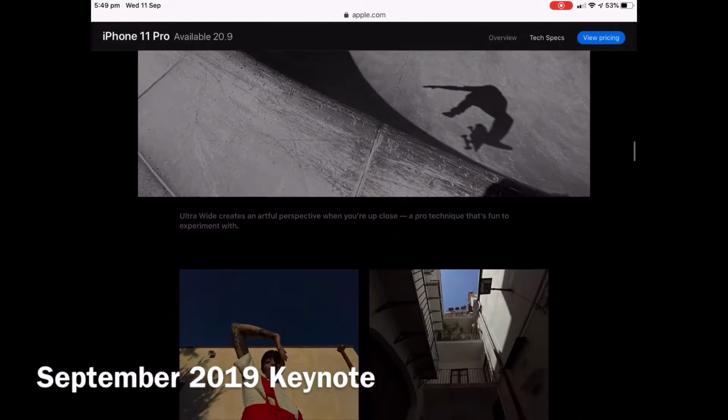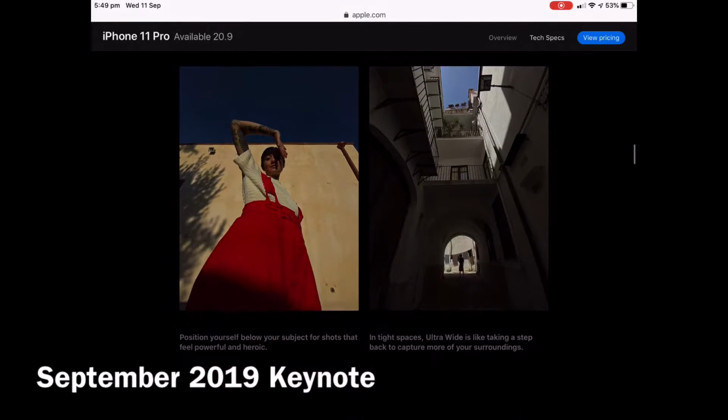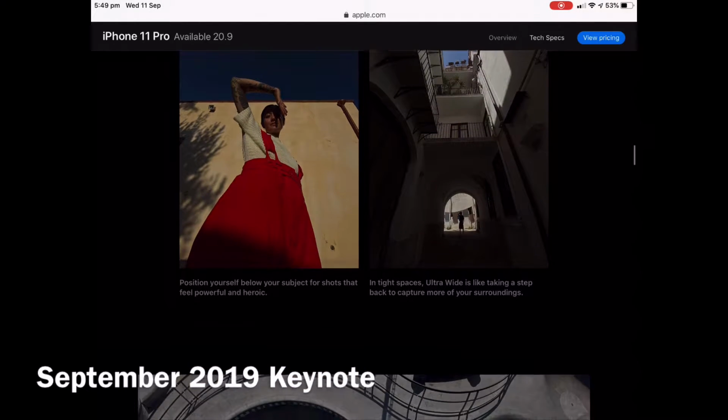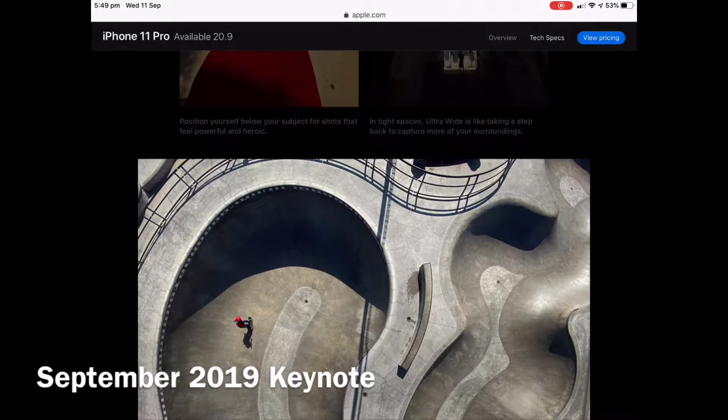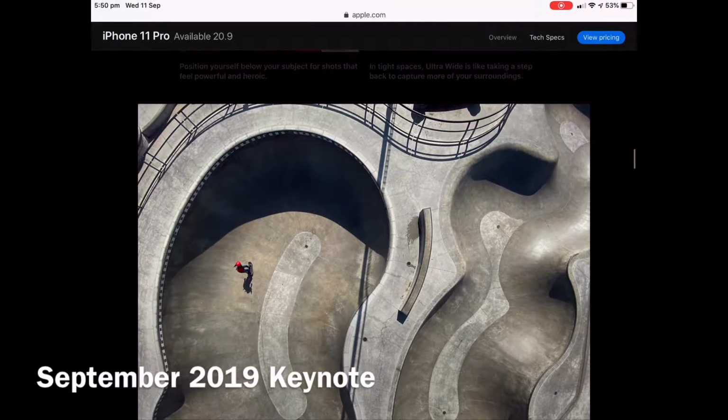Some of these shots on this new iPhone are pretty amazing, to be honest. Yeah. It's definitely a phone if you're going to go out and do a lot of vlogging and if you're into photography and that sort of thing. But